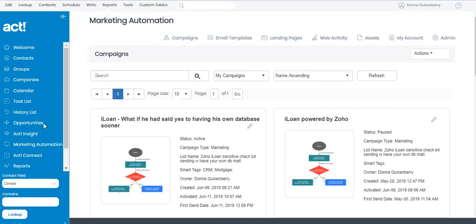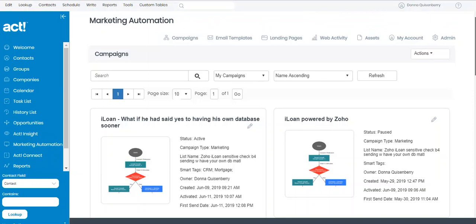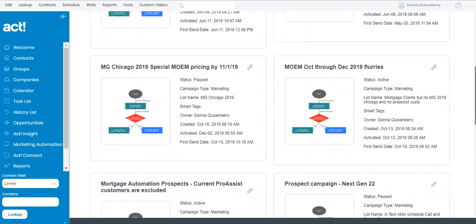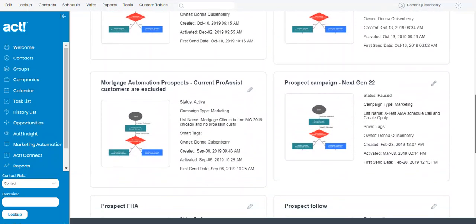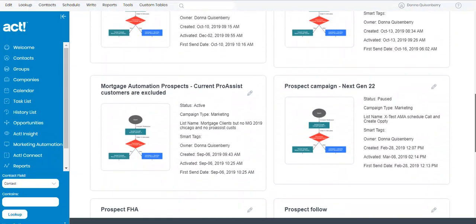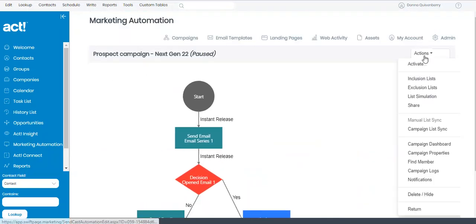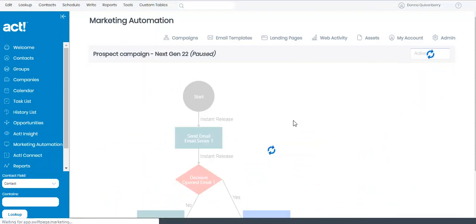I'm going to go ahead and hit return. So now I'm back to my campaigns area. The last thing I wanted to talk about here is you can look at the results of a campaign in a number of different ways. But one of the simplest ones is you go to the campaign and click on the little edit button, and then you click on actions and then select campaign dashboard. And that will show you